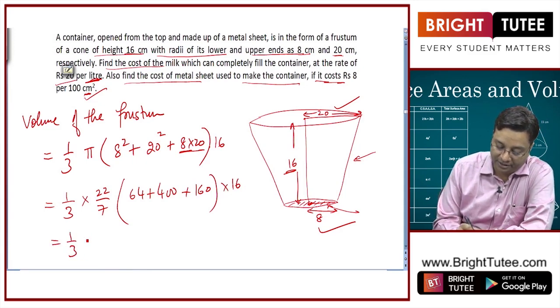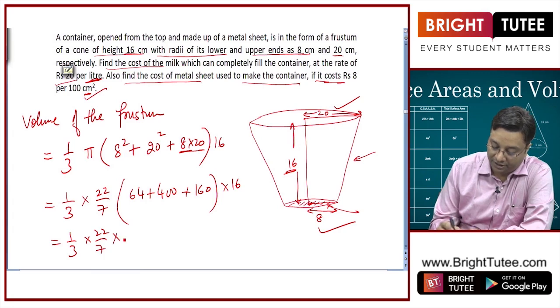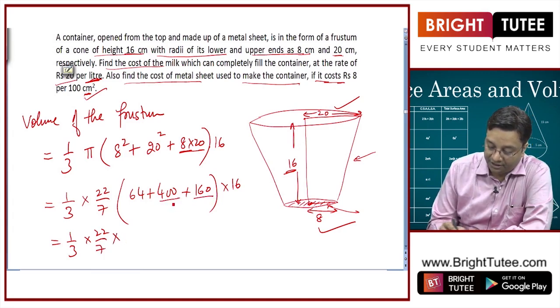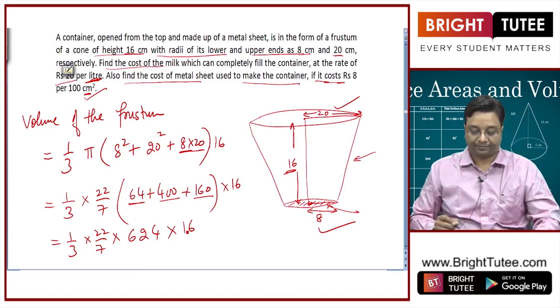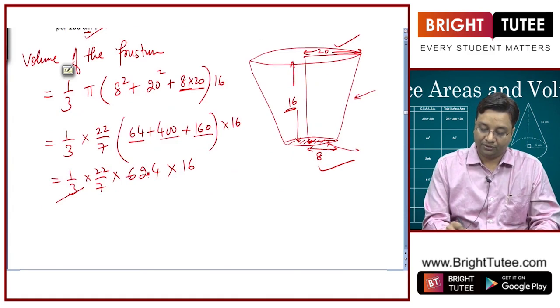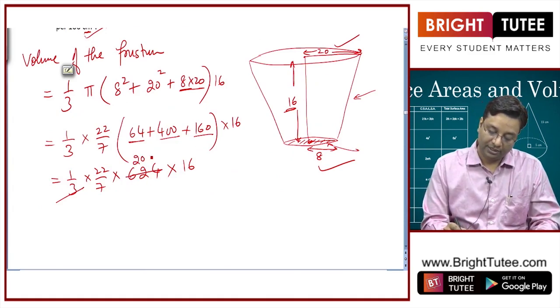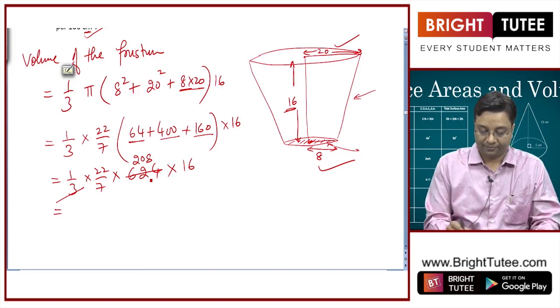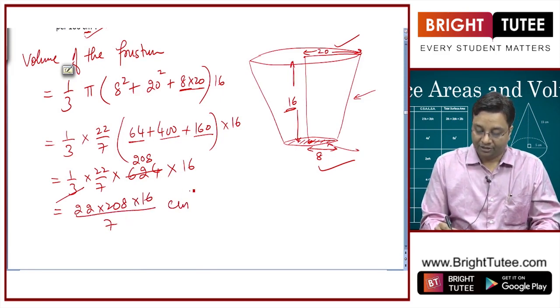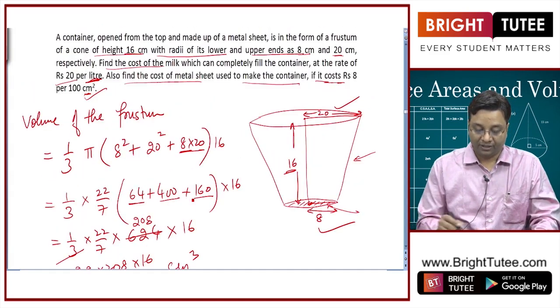So it is equal to 1 by 3, 22 by 7 into this is 560, this is 624 into 16. So you can write 208. So 22 into 208 into 16 by 7 centimeter cubes is the volume of this frustum, but you need the